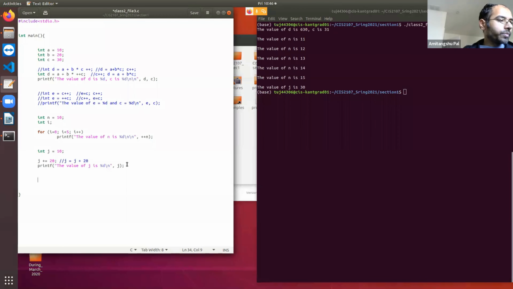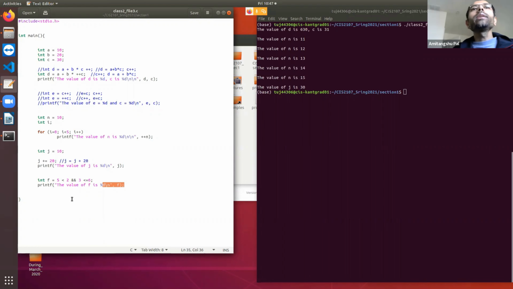So say int f equal to 5 less than 2 and 3 less than equal to 6. So value of f is, what is going to be the output? False or 0.